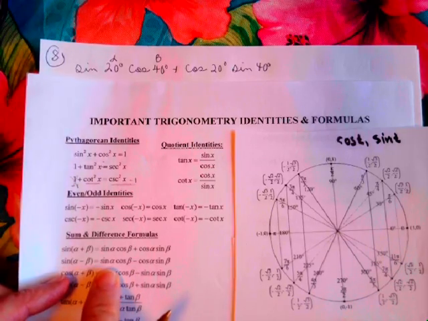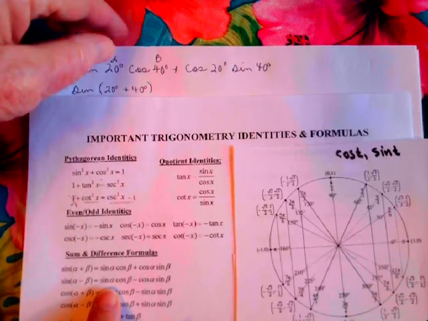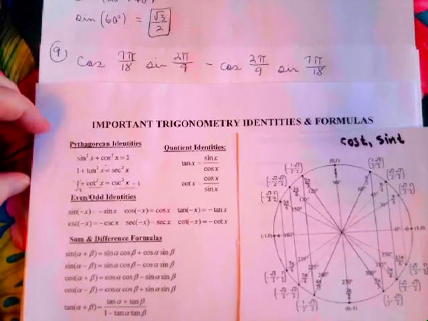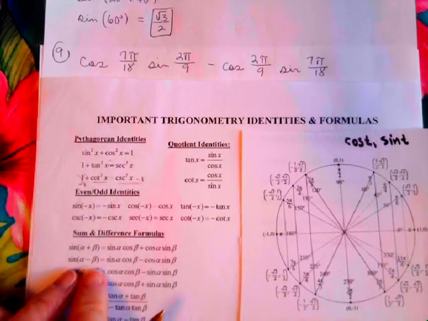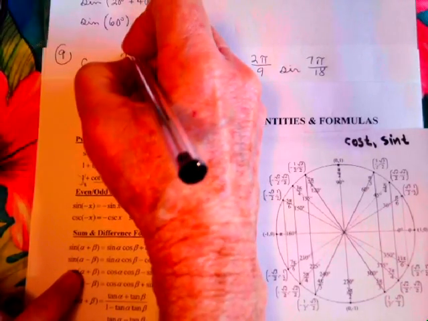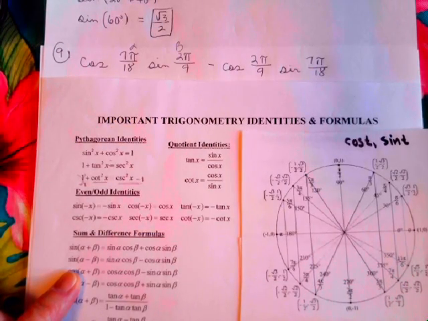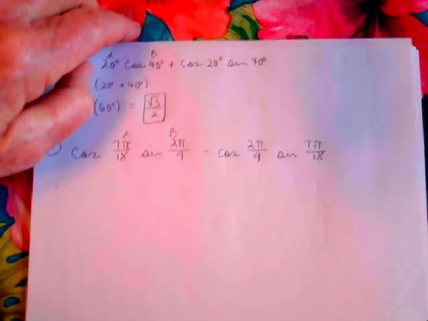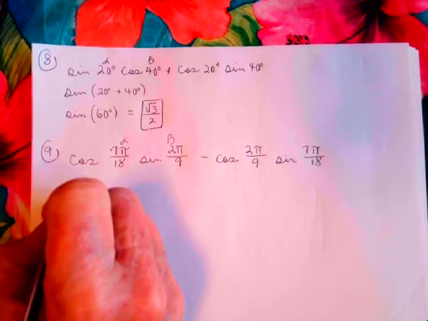Sine of alpha minus beta is sine cosine minus cosine sine. This is my alpha. This is my beta. So I have the sine